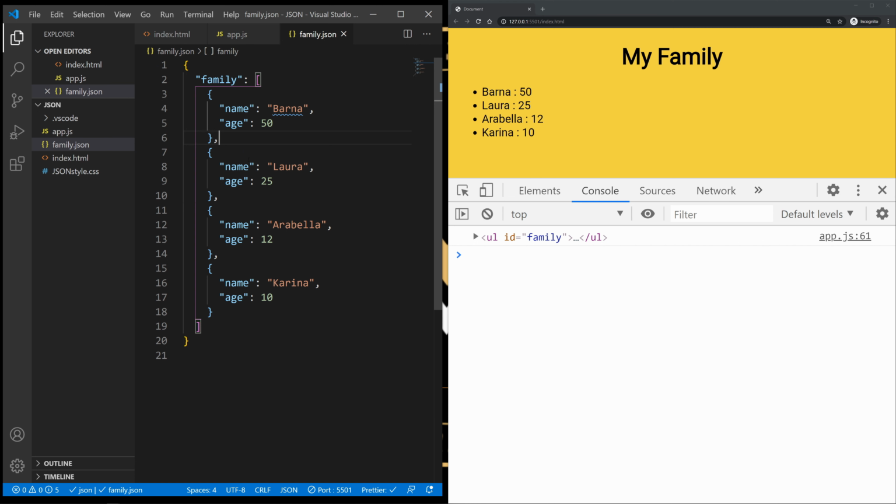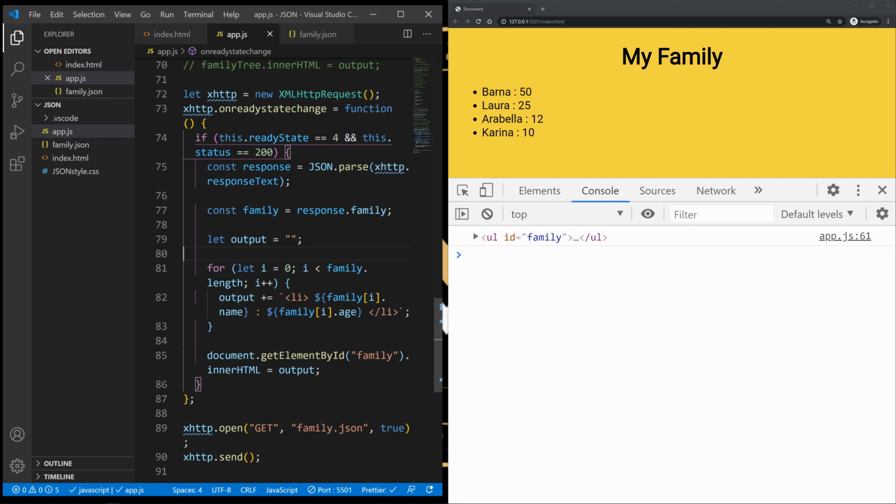Okay guys, so I hope you understand JSON. As I said, we are going to get more deeper into this and using data and also using requests. But I just wanted to show you this before we get into local storage and session storage. And we're also going to have a project a bit later on.